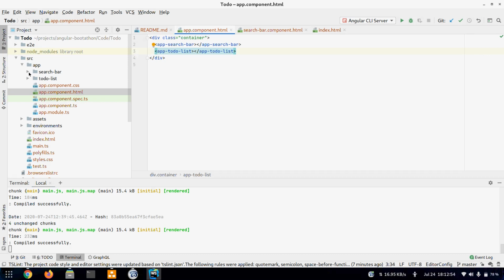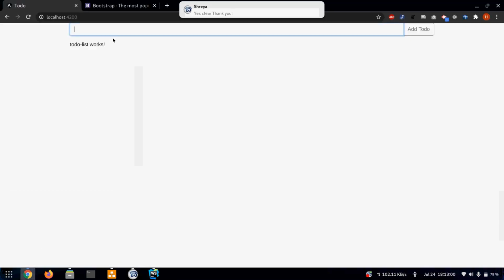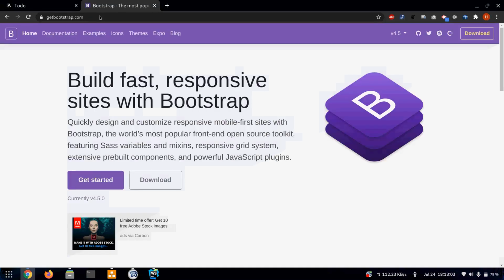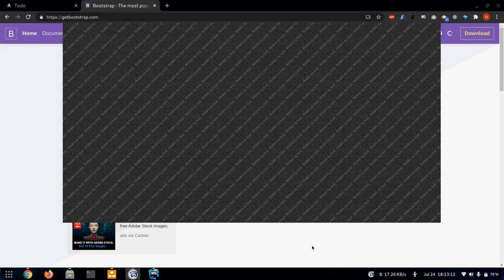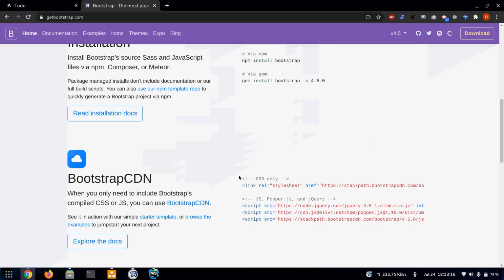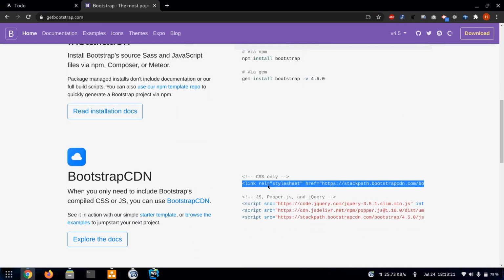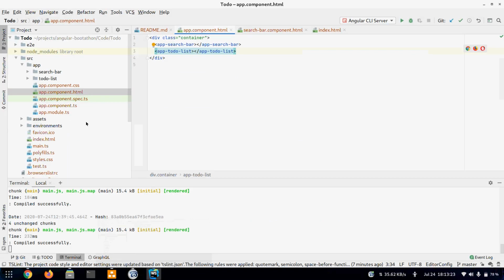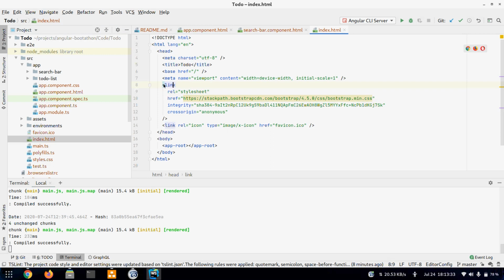Yeah, and where did you include the Bootstrap CSS file, or does it come by default? No, it doesn't come by default. We have to open the site of Bootstrap. It's getbootstrap.com. Let me paste it in chat. You'll need to paste the CDN somewhere, right? Yes. So we'll copy the CDN from here, CSS only. Okay, we copied it. Then we went to the Angular app. Then here is index.html. This is the main file that gets displayed. So we pasted the CDN here. Okay, got it.